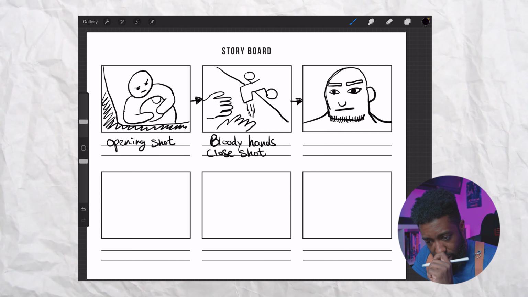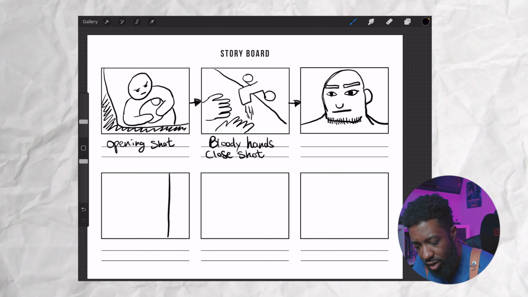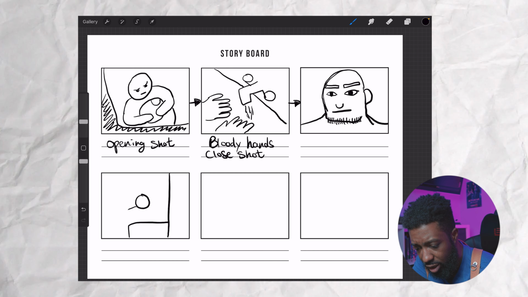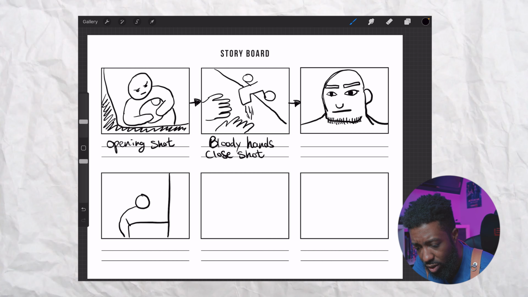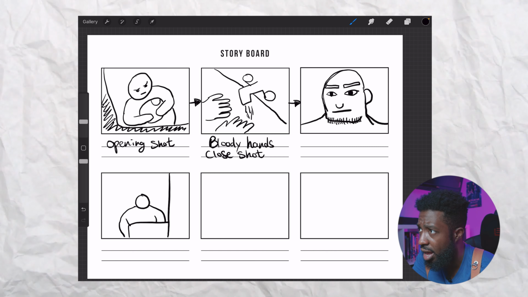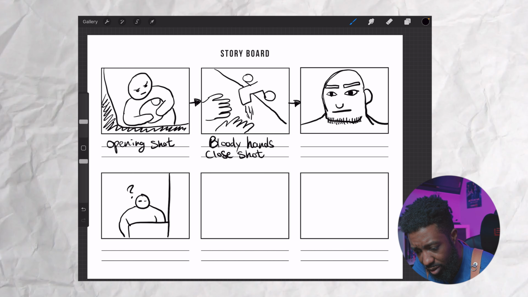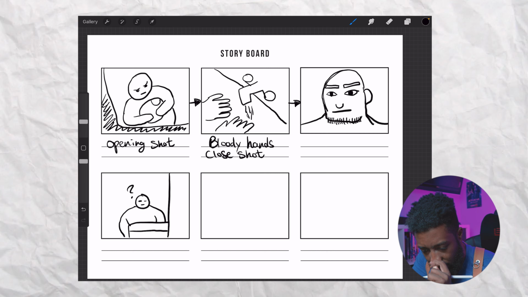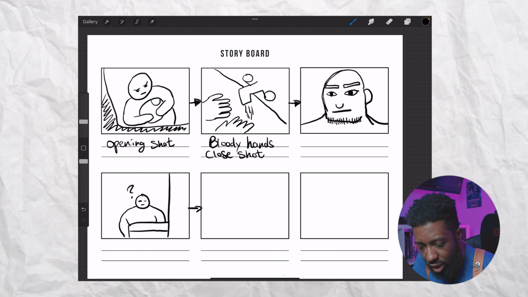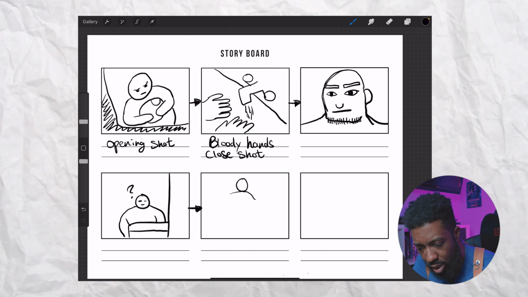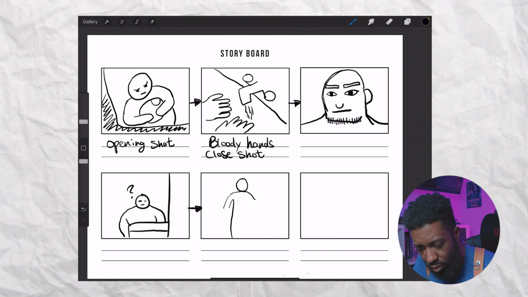And then the following shot, what I had here is he comes into the shot and he looks very confused about what's going on. And he's like, I'm not turning on the radio, so why is the radio on? And then the following shot is he's in the kitchen by himself,